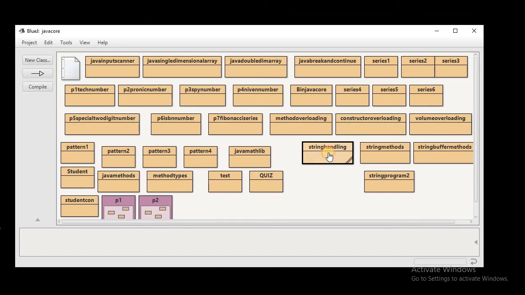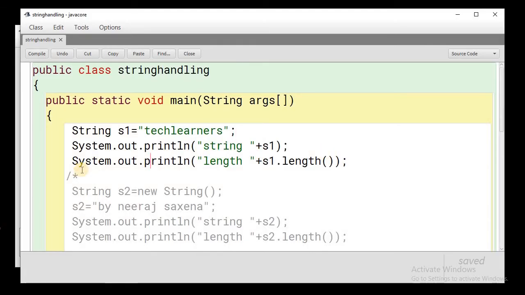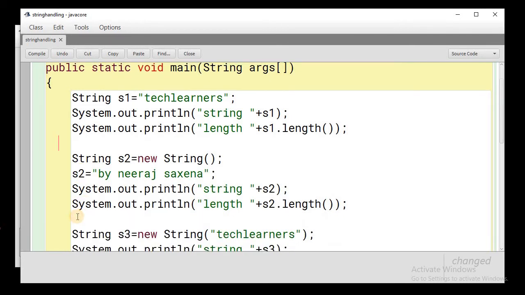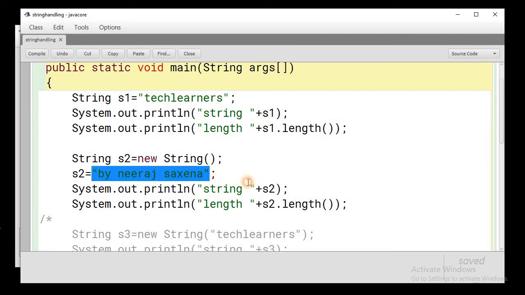Now let's go further and declare the string with the help of the second method. This is the second method, with the help of object creation, and then we can assign the value with the help of double quotes. In this way we will be using the non-parameterized constructor, and we can simply print the string with the help of the variable, and we can get the length of this string also.